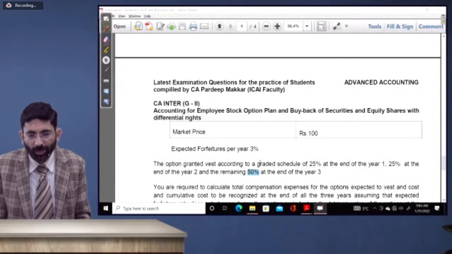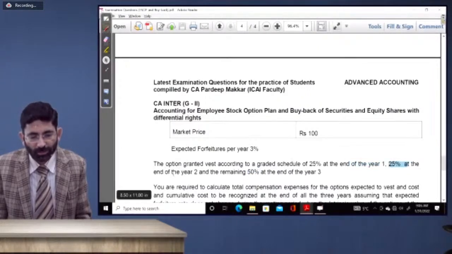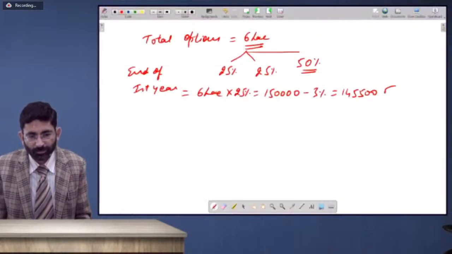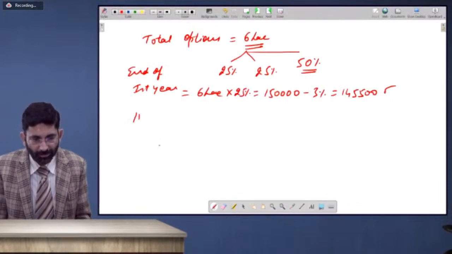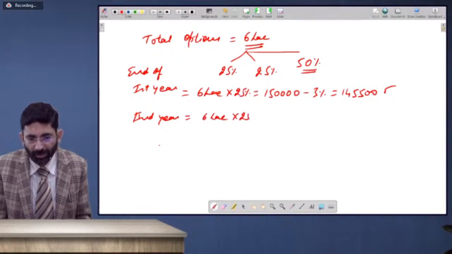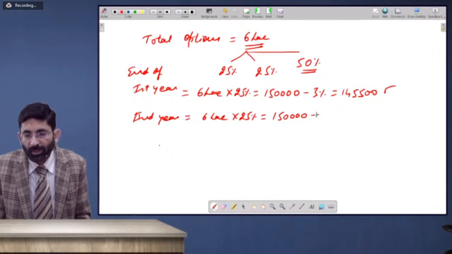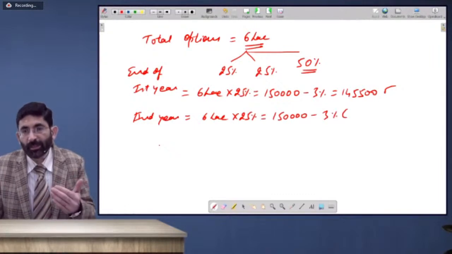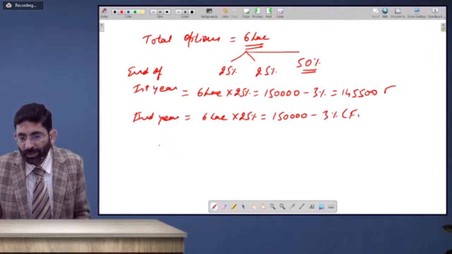Option granted vest according to a graded schedule. He says graded schedule is there: 25% at the end of first year, 25% at the end of second year. So at the end of second year, it will be 6 lakh into 25%, that is 1,50,000. Now, out of this, 3% will be forfeited because this is in the second year. So out of this also forfeiture